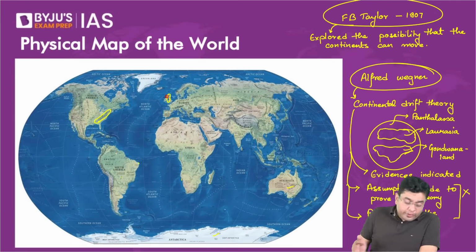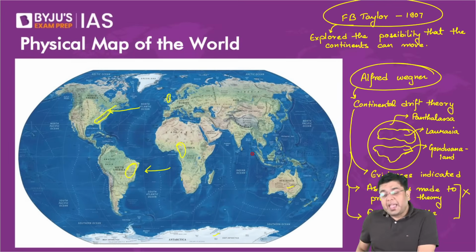Furthermore, he also observed that the rocks in the region of the Brazilian highlands have a striking similarity to the region of the western portion of Africa. So that basically indicated to him that it might be possible that all these places would have been together at one point of time. And North America has drifted westward from the region of Europe to come to its present position. And South America has also drifted westward, and thereby it is in its current position.